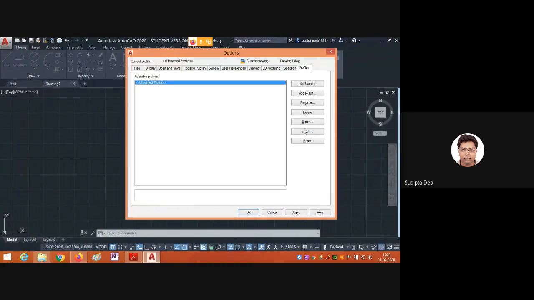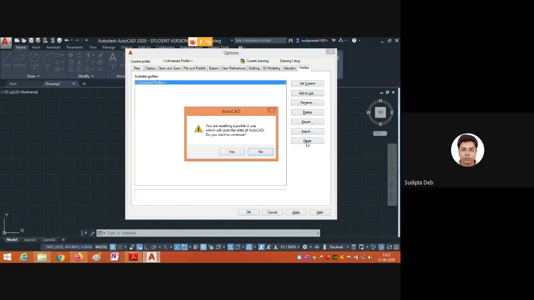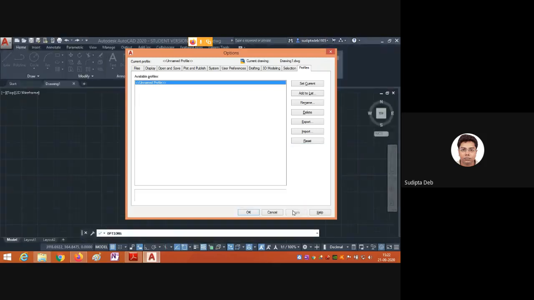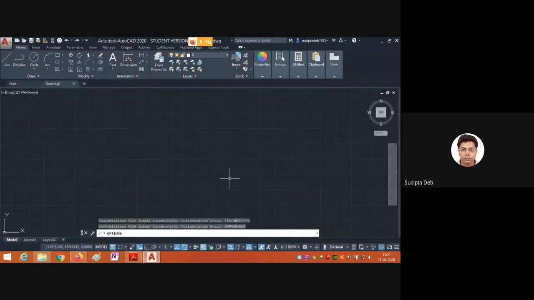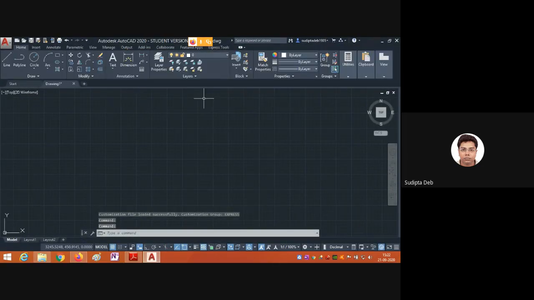In the profile, if you select the reset button, click here, then you press yes, then press OK. So this is the reset environment. Now everything you will get again.